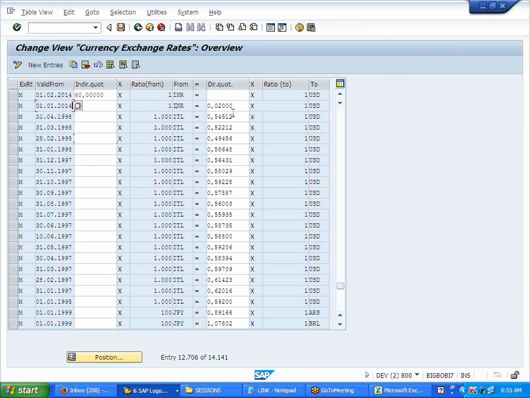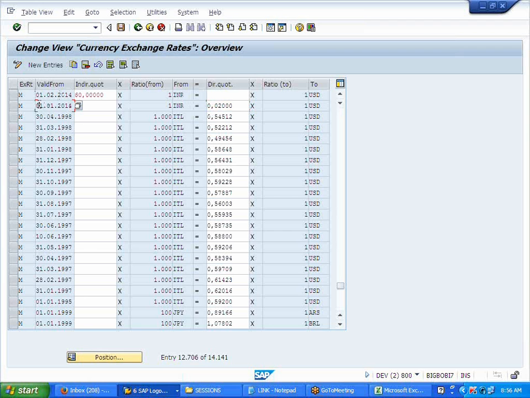You said valid from 0101 for direct, and for indirect from 0102. I'm trying to show you the difference between indirect and direct quotation. Why can't you take the same valid from date? On the same date it will throw an error, because it is already maintained for this particular date.